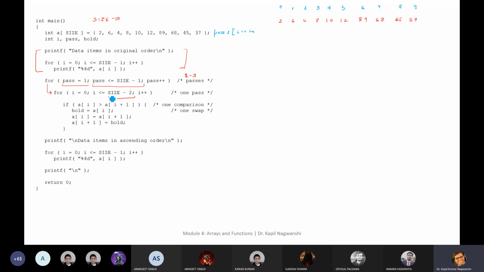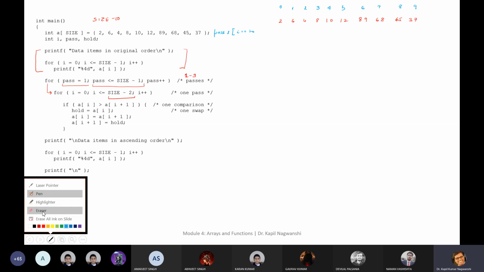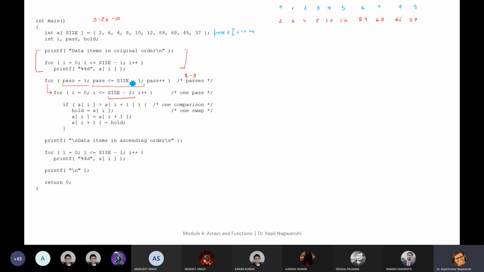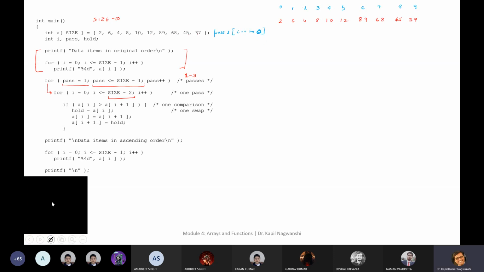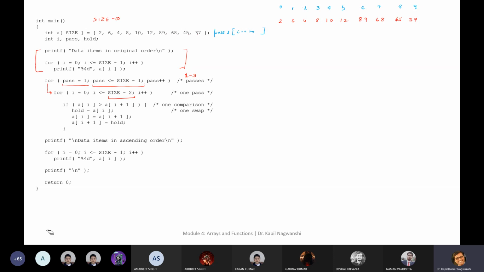Initially it will start from I equals to 0, and up to what will it run? Size minus 2, that is 0 to 8. Is it clear to all of you up to this point?